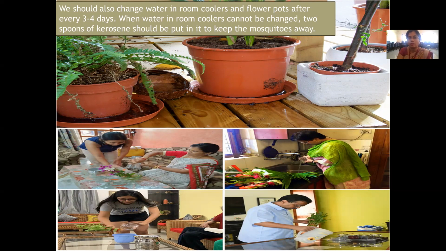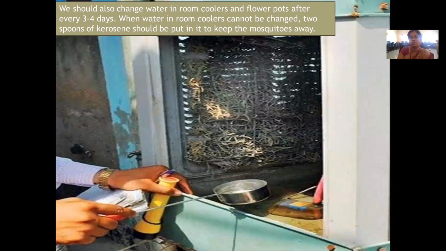Also, one of the major places in our house which has stagnated water is our air coolers. You are all aware that we have to fill water in the air cooler. How many of you change the water regularly? Mostly not, right? We keep refilling, but any excess water which we have not used for a few days, we forget to change, or we forget to empty the coolers. What are we supposed to do? We have to change the air cooler water regularly, at least once in 3 to 4 days.